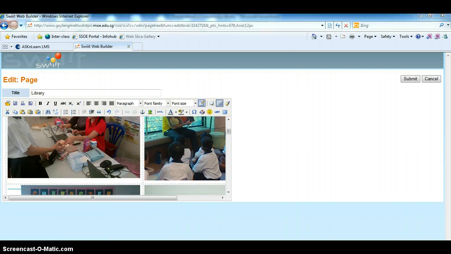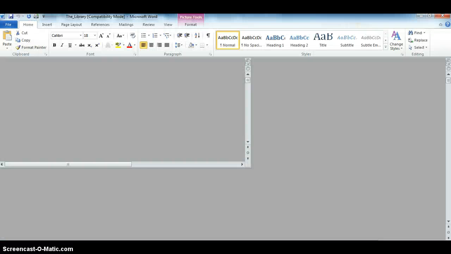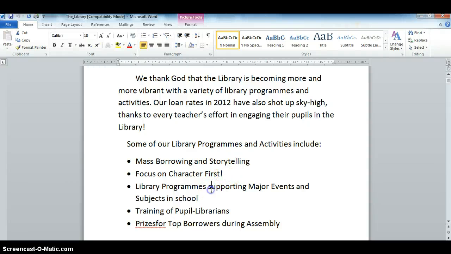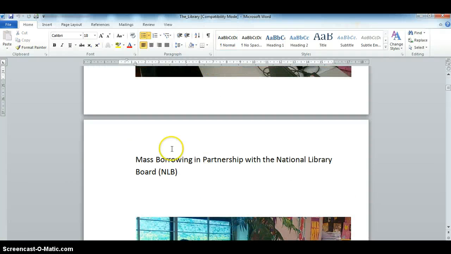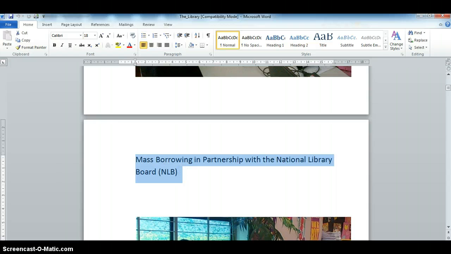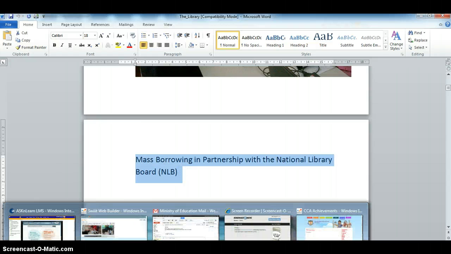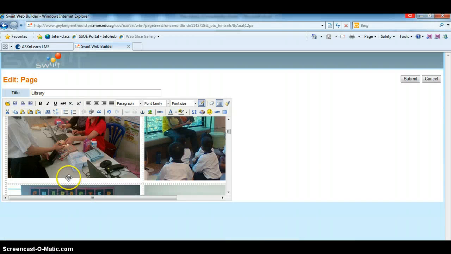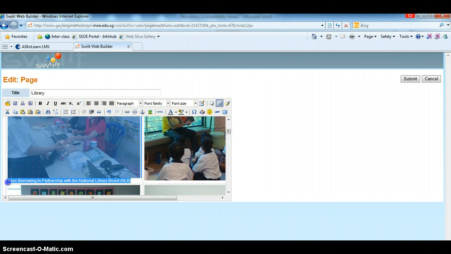So what does this picture tell us? Let's take a look at the Word document it came in. It says mass borrowing. I'll just copy this, Control C, and then go back to the website and Control V to paste. If you like the words centralized, you can just select the words